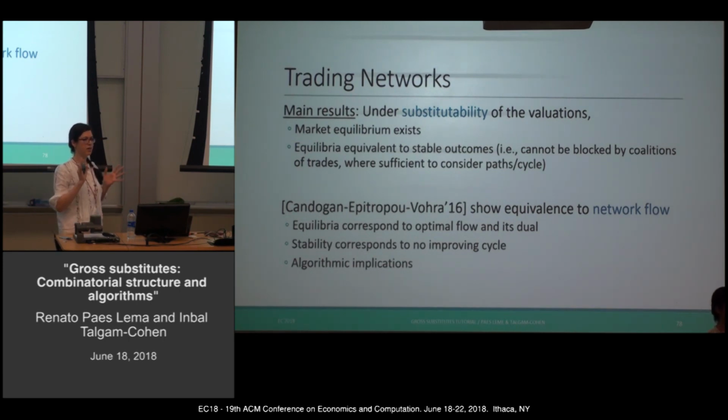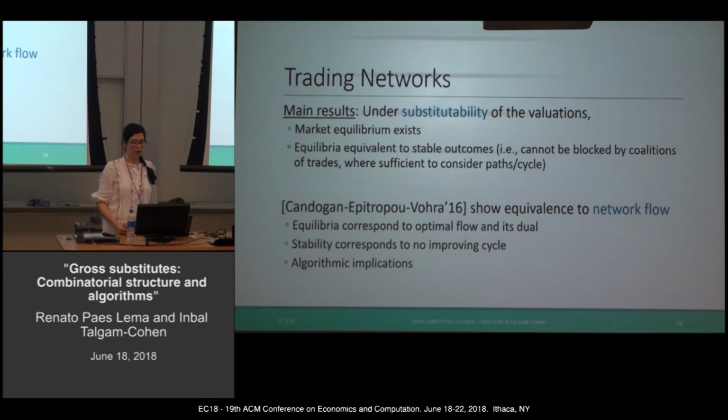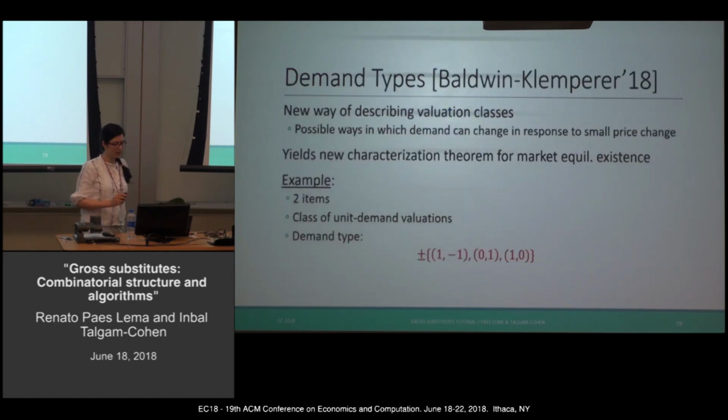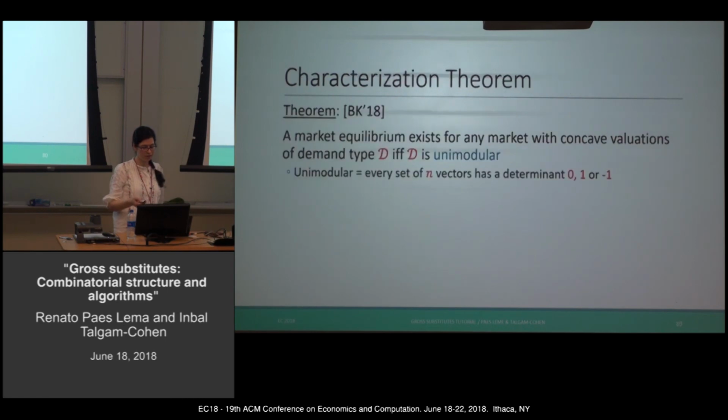So you can kind of see the connection intuitively. And this also has algorithmic implications for finding the equilibrium, for example, in such a trading network. So everything Renato said in the first part, we can now apply to a trading network and try to figure out how to find the maximum welfare allocation and so on. Or sorry, I should say maximum welfare set of trades. Okay, last thing I want to tell you about, actually I think I don't have time. Let me skip this because I want to summarize.